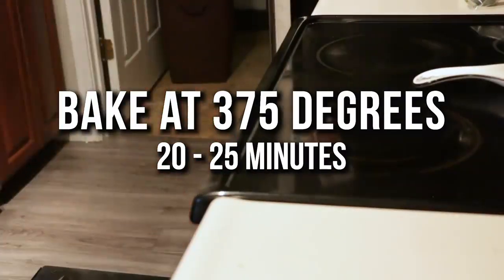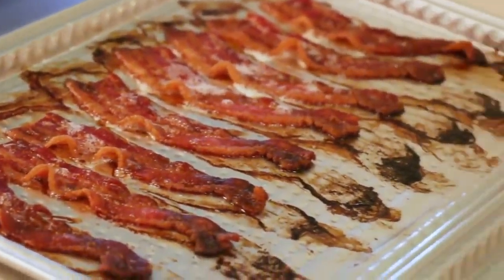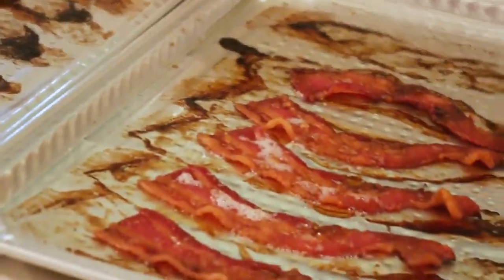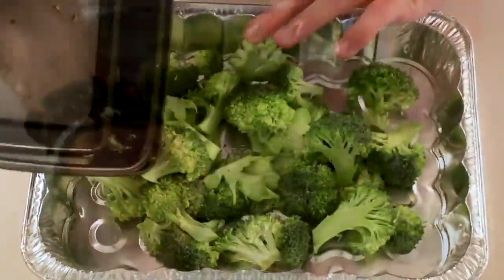I like that crispy bacon. I don't want no soggy bacon. Don't bring no soggy bacon around here. You wanna crisp it up. If you want it soggier, you can cook a little less, but 20 to 25 minutes will get you that delicious bacon right there. And then I'm gonna move on to getting the broccoli,